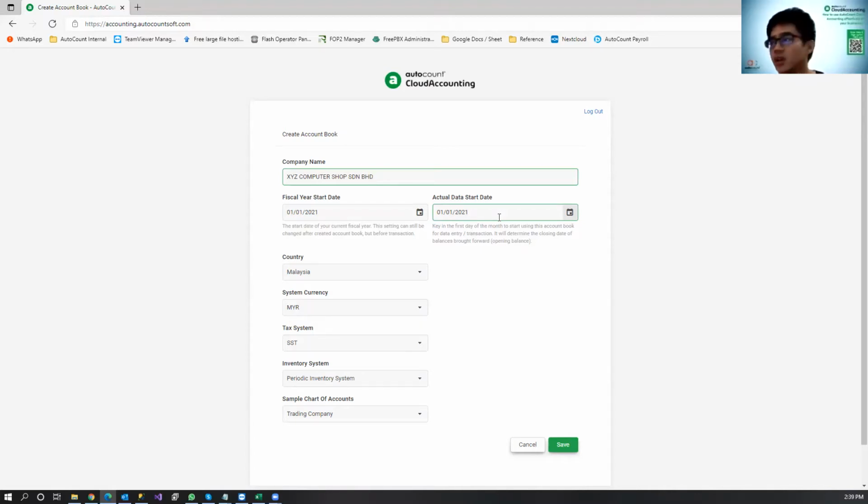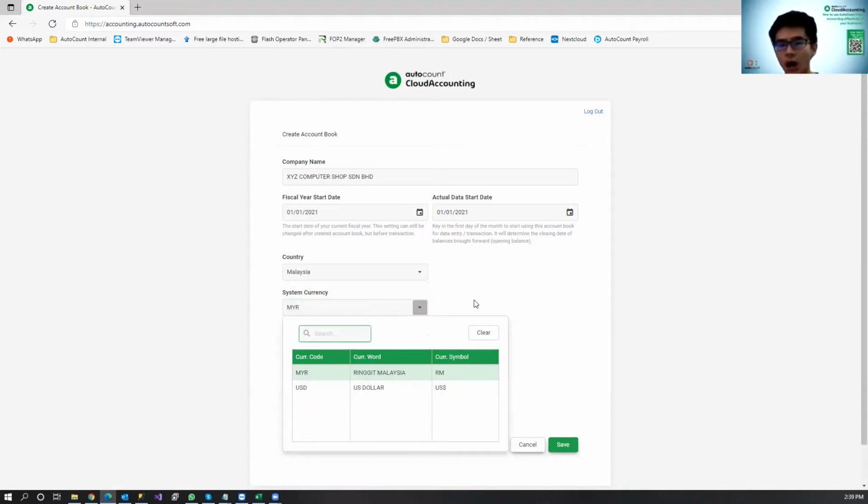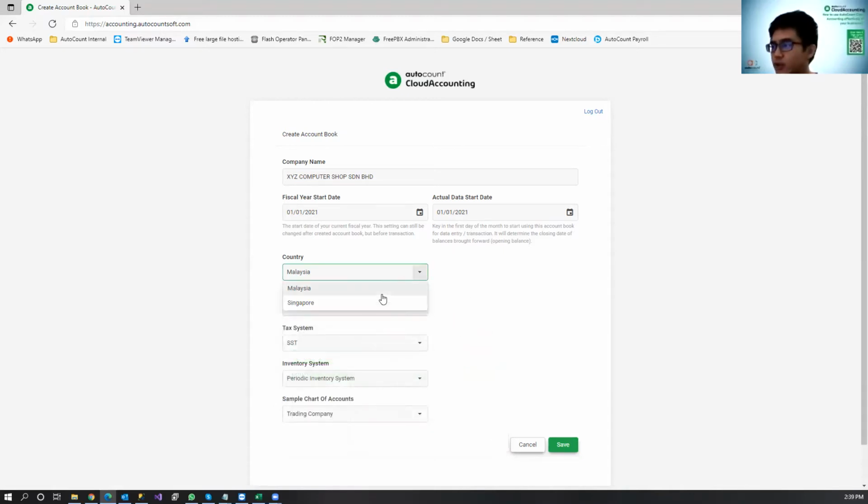It's possible. So this depends on your company's financial year. Next, in Malaysia, of course, for Malaysian you choose Malaysia. For Singapore you can choose Singapore. For the moment, this is something quite new, so we currently support these two countries, and we allow you to choose Ringgit Malaysia, USD, and if you're choosing Singapore, you will have SGD. So for now, I will just use a very common example to go through this.